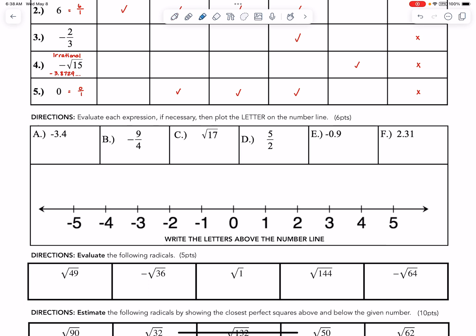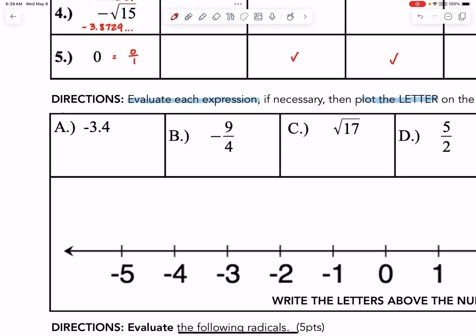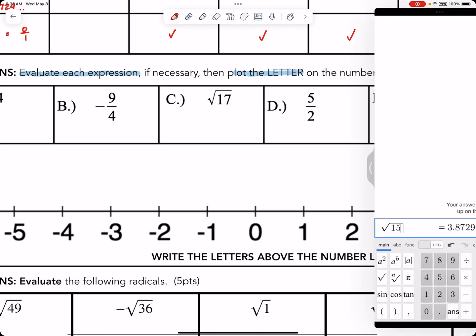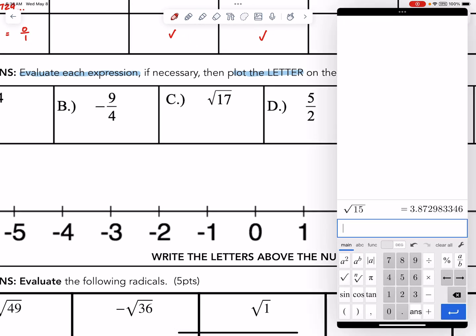This one says evaluate each expression, which just means solve, but there's no equal sign. Okay, so it also says if necessary, and then plot the letter on the number line. It only says if necessary because negative 3.4, nothing needs done to that. Okay, negative 9/4, we are just pulling out your calculator. You don't need to do this